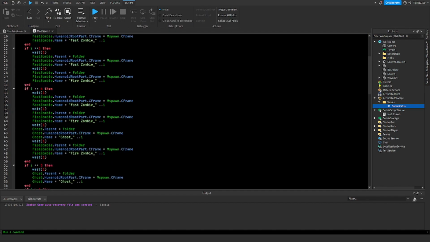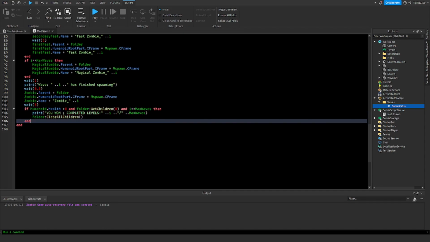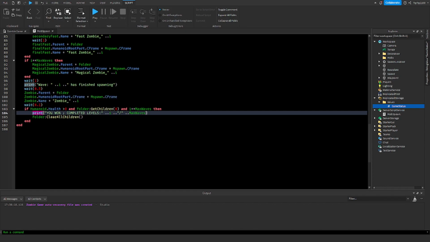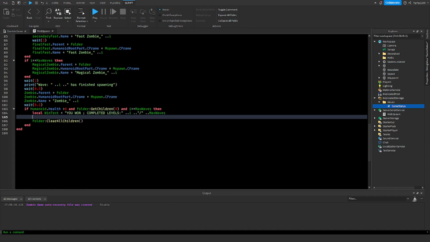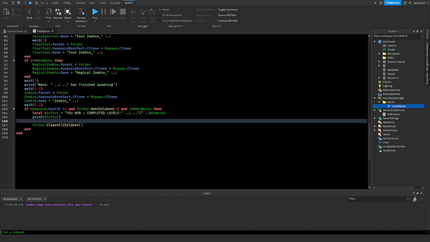And then if we go to our you win page, you are going to notice that the wait 5 here, I want to put it to 0.1, and instead of print I want to make local win text equals, and we're gonna remove those parentheses, and I also want to print it, so now print win text, so that's much cleaner. And now we're gonna access the game status, so it's gonna be game status dot value equals win text, and